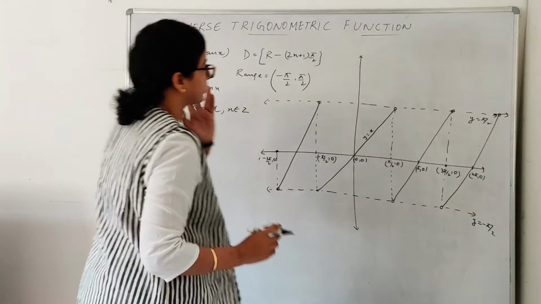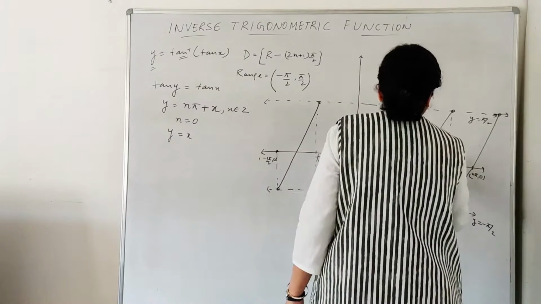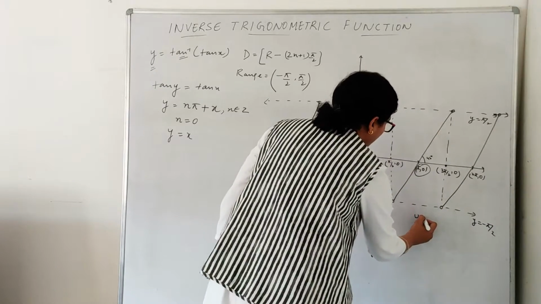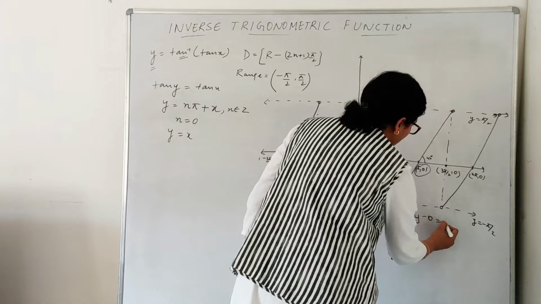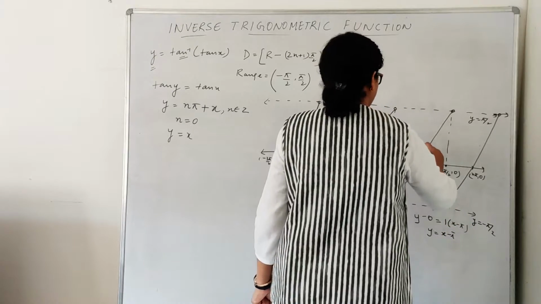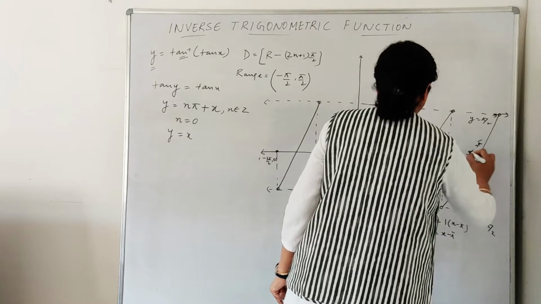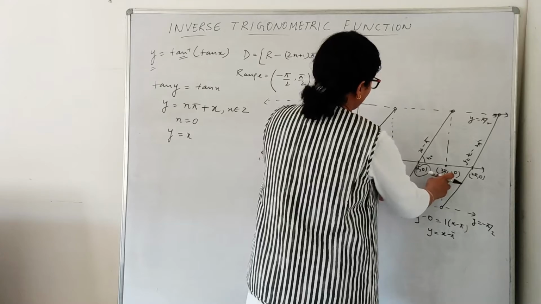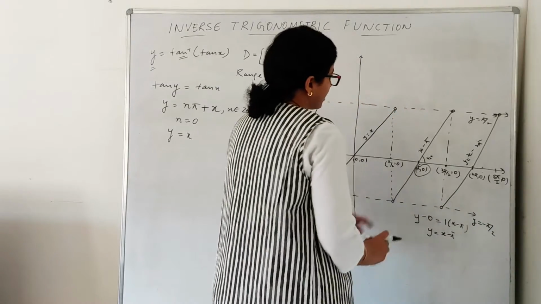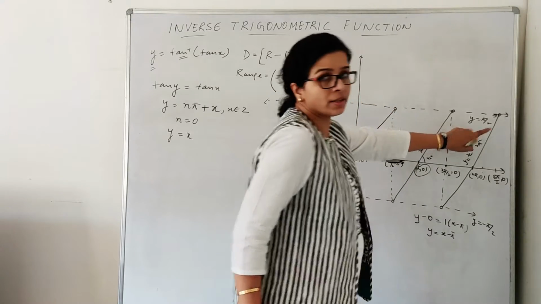And so on. Now, if this is the line y equals x, I want to find the equation of this line. So what will it be? 45-degree angle, right? This is the passing point. y minus 0 equals 1 times (x minus pi), so y equals x minus pi. What will this be? x minus 2 pi, right? So whenever my angle lies between pi by 2 and 3 pi by 2, tan inverse of tan x will be equal to x minus pi. Whenever my angle lies between 3 pi by 2 and 5 pi by 2, the tan inverse tan x value will be x minus 2 pi.